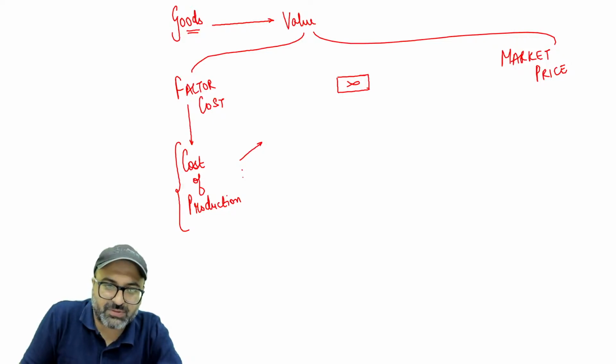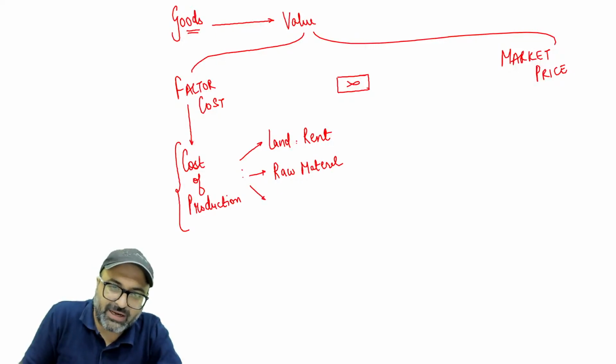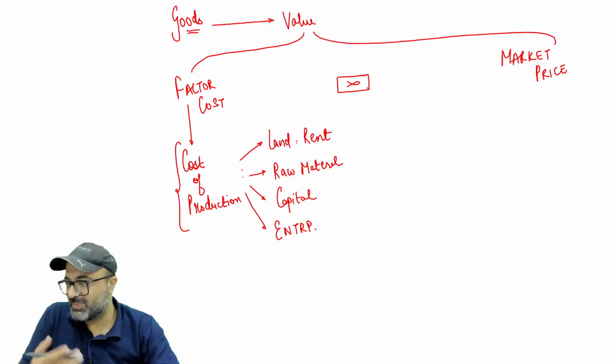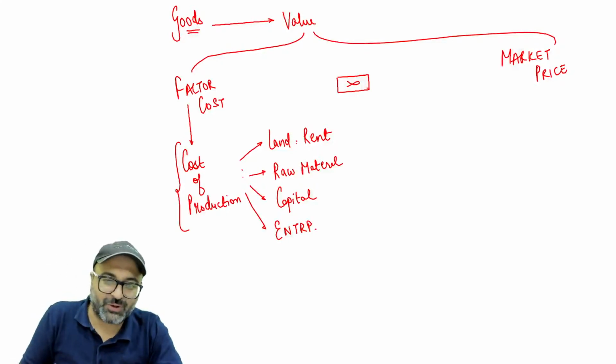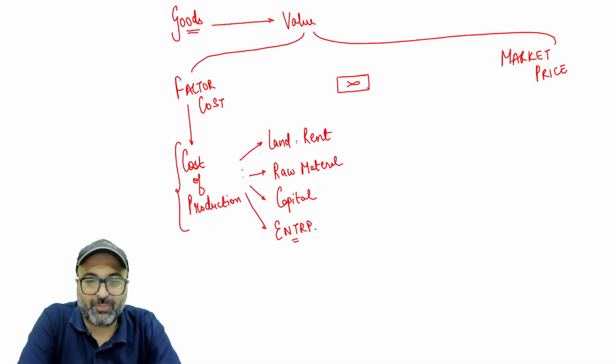So it includes the first factor of production, that is land, which means if you are producing and you're using land, you must be paying rent. Second one we have is raw material. So you must have paid for the raw material. Then you have capital. If you have borrowed the funds, then you are paying interest on it. And the third one is entrepreneur. So the one who is running a business must be running the business to earn profit. So entrepreneur commission, you can say, entrepreneur profit, you can say.